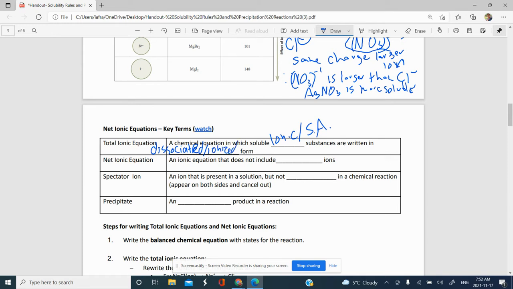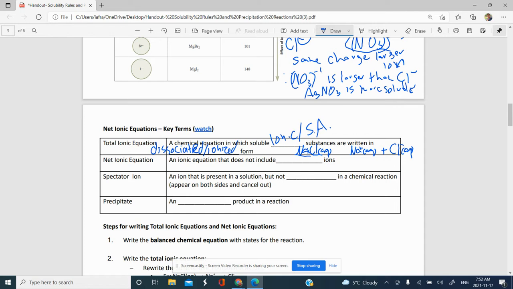And so what that basically means is, let's say you have an ionic compound. If you had, let's say, NaCl(aq), and you want to write it in its dissociated form, you have a sodium ion, so that's Na+(aq). And then you also have a chloride ion, that's Cl-(aq),